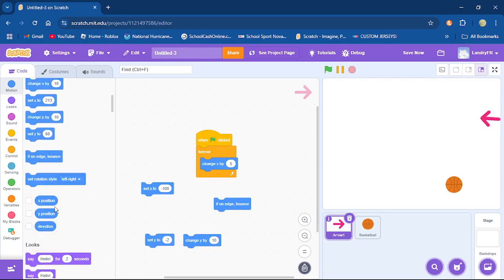These x position, y position, and direction blocks are exactly what they look like, except you can use them in specific locations. If I wanted to set x to x position, you could actually put that in there, or you could put the y position. Or I might want to set the x position to the y position. There are reasons why you'd want to do that. You're not necessarily going to put these in there, but anytime you have something with an oval shape, you can fit these into them. The same with the direction.